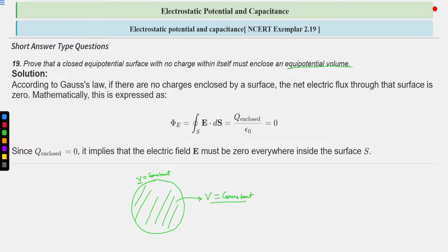Okay, so the volume inside this equipotential surface should also have potential equal to constant. Okay, so we know that if there is no charge present inside, the electric flux through this surface will be 0 according to Gauss law. Okay, so electric flux is 0, it means electric field is also 0 inside this surface. Okay,